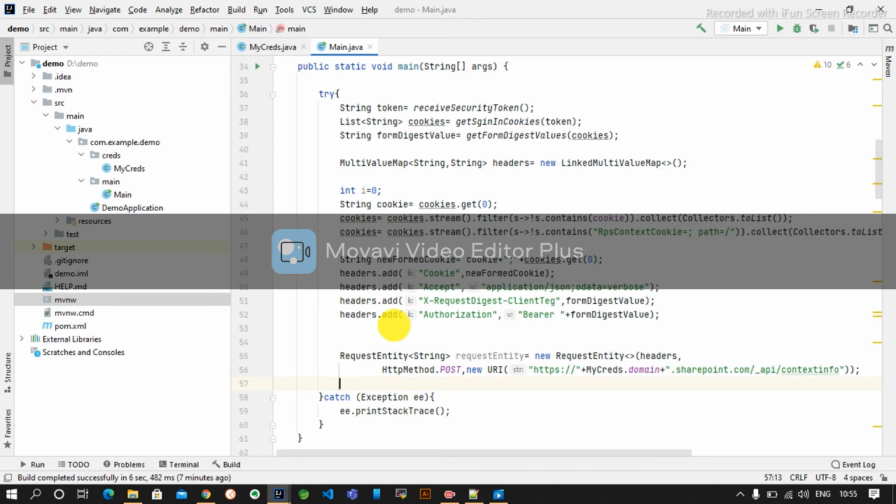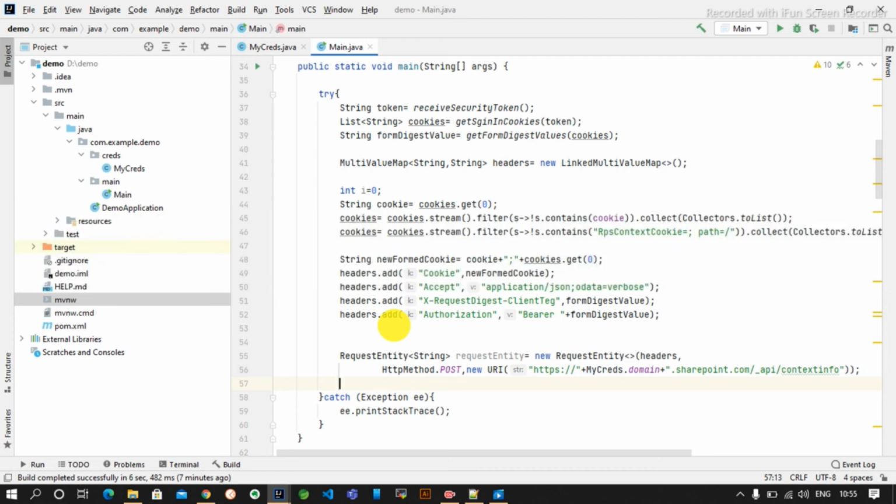Give me 1 second. Let's see what endpoints Microsoft provides. After using that, we will use something like this. So we will create our path.